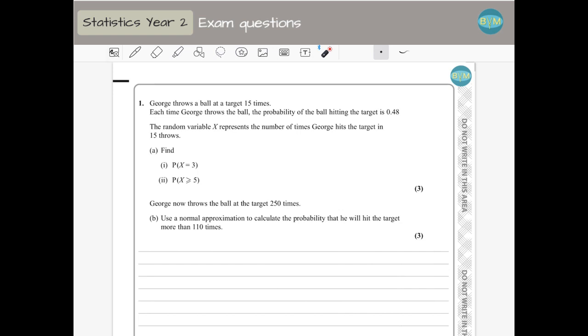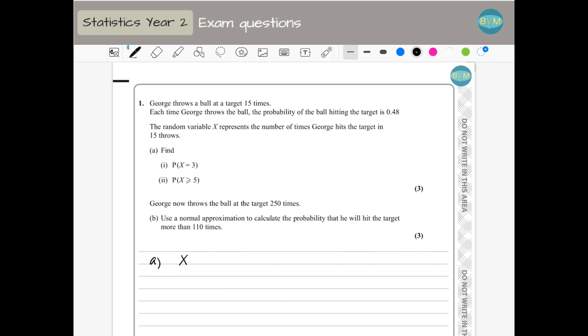Hello, this is question 1 on your June 2022 paper from Edexcel, the statistics paper, where George throws a ball at a target 15 times. Each time George throws the ball, the probability of the ball hitting the target is 0.48, and the random variable X represents the number of times George hits the target in 15 rounds. So we can say, to start with, that